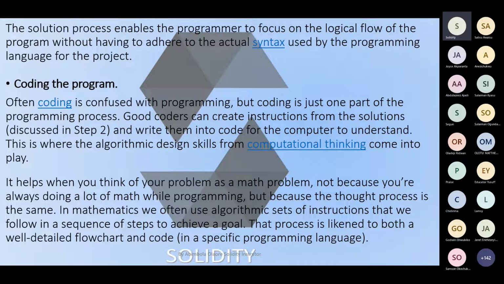This is where the algorithm design skills from computational thinking come into play. Also, it helps when you think of a problem as a maths problem, not because you are always doing a lot of maths while programming, but because the thought process is the same. In mathematics, we often use an algorithm, a set of instructions that we follow in a sequence of steps